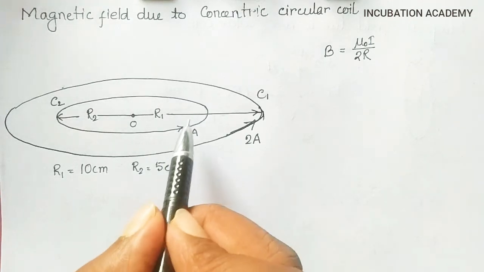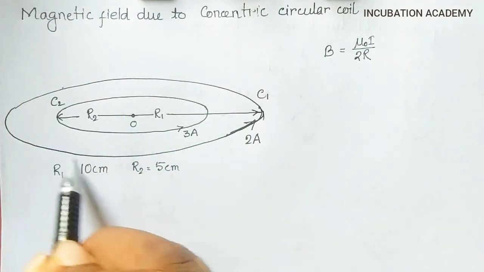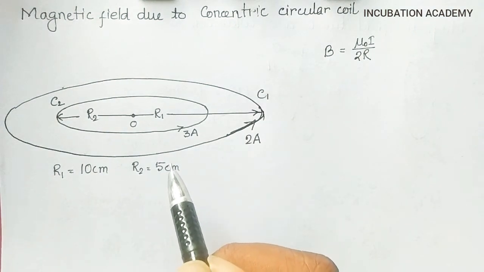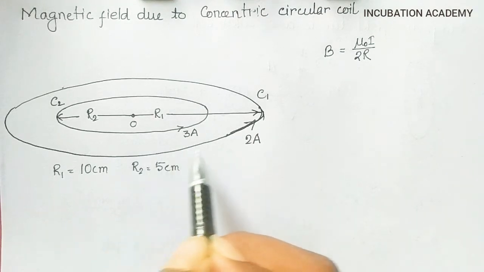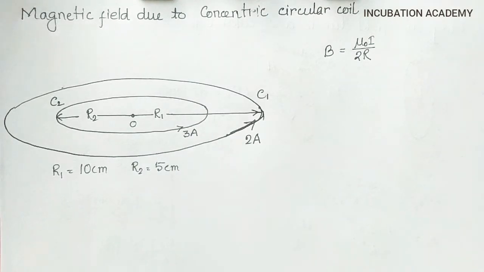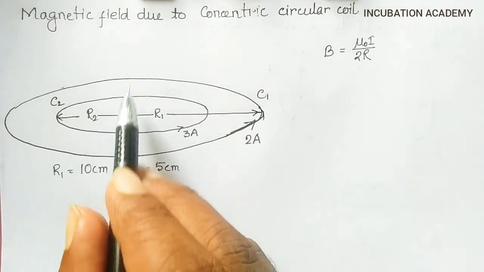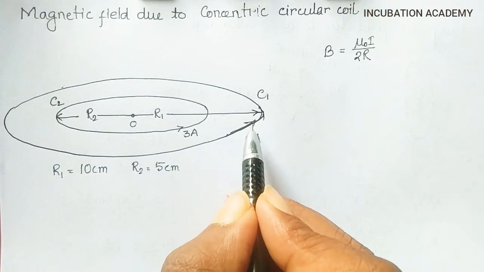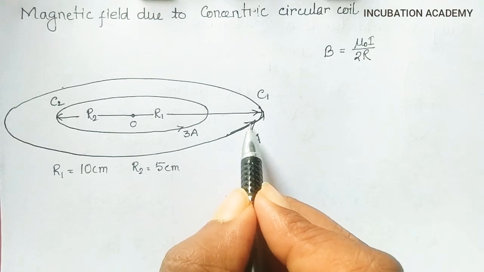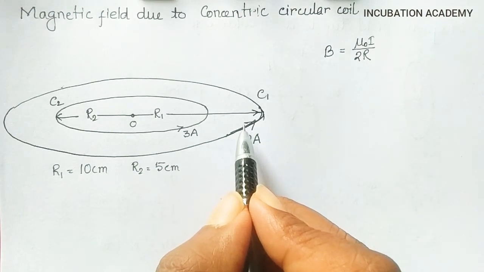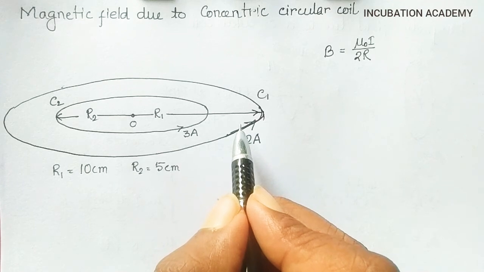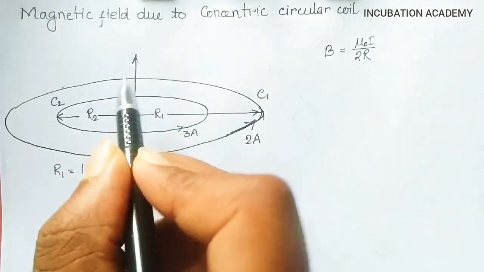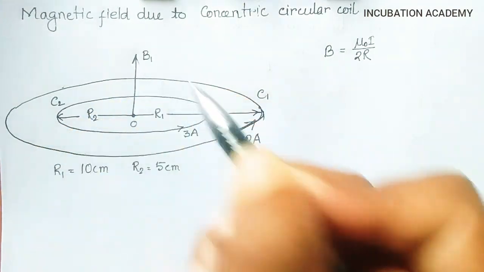Okay, then just see in the coil C1 the current is flowing in that particular direction, so according to right hand grip rule, if I curl all my fingers in the direction of the current flow, then it will come upward. Or we can say in another way, if I place my thumb in the direction of the current flow, then all the fingers, if I try to curl, are basically pointing in the upward direction. So the magnetic field due to the coil C1 is in the upward direction.